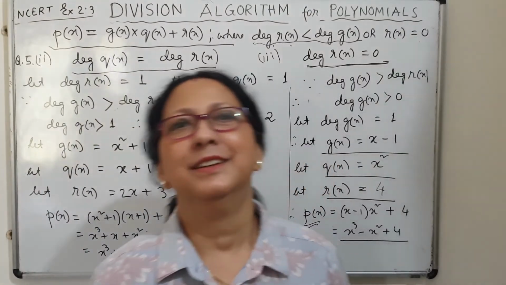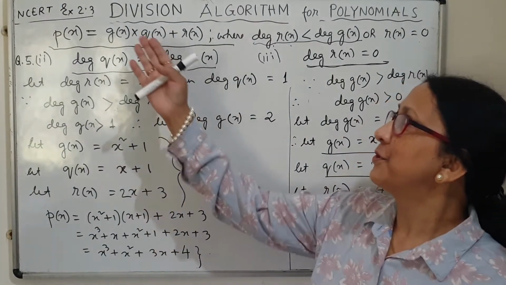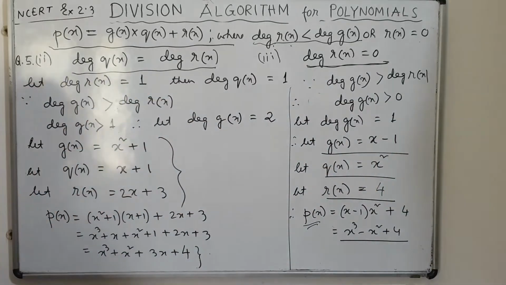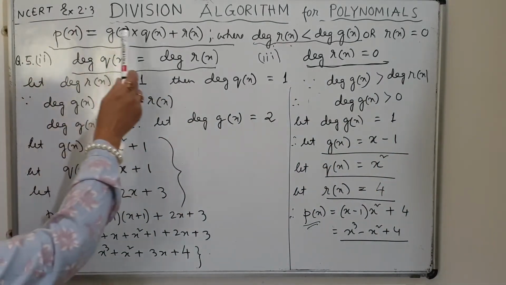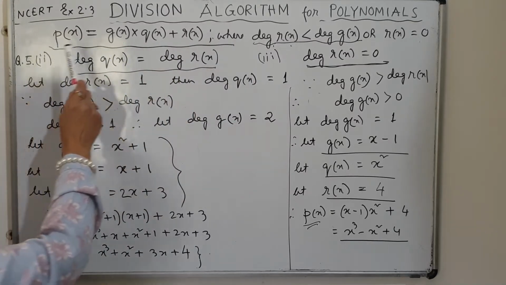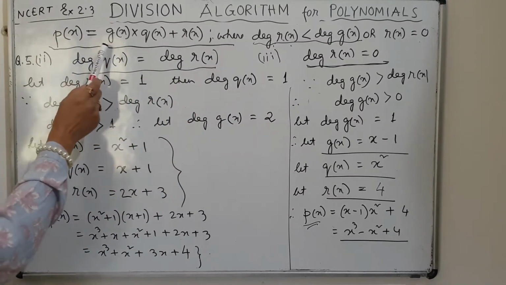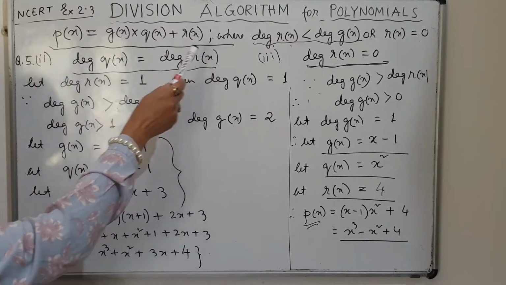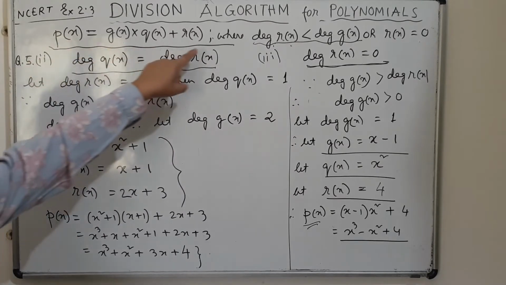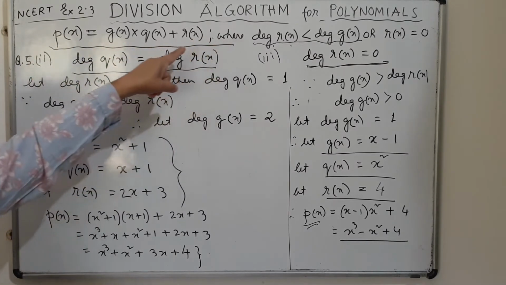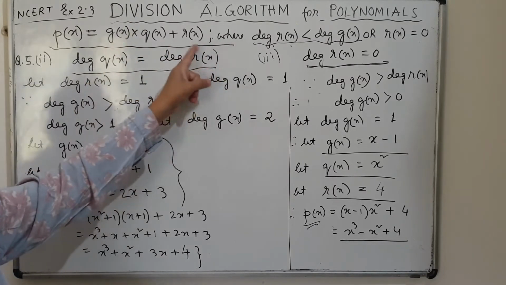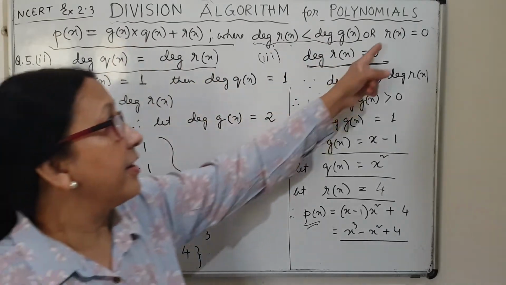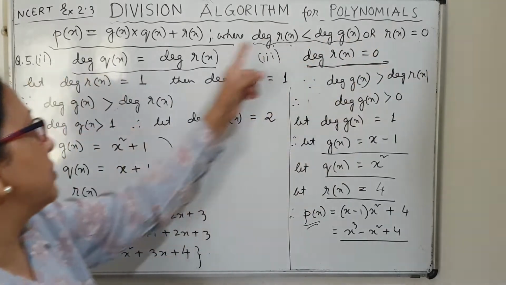Hello everyone. So today also we'll be doing some more problems on division algorithm of polynomial. So division algorithm of polynomial, as we have defined in the last video also, that is a dividend polynomial p(x), divisor polynomial is g(x), quotient polynomial q(x) and r(x) is the remainder polynomial. This was the convention. Then this relationship is known as the division algorithm of polynomial, where the degree of the remainder polynomial has to be less than the degree of the divisor polynomial, otherwise r(x) has to be 0. So this was the definition.